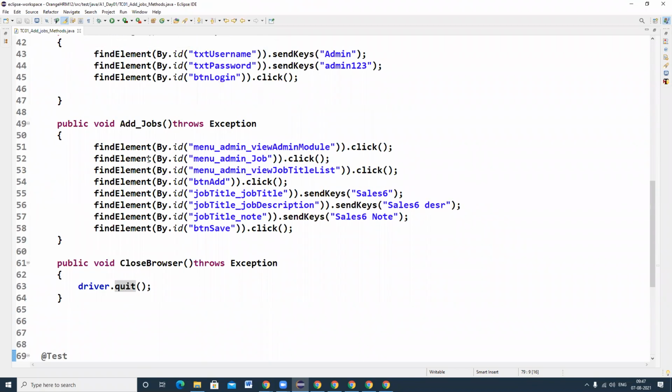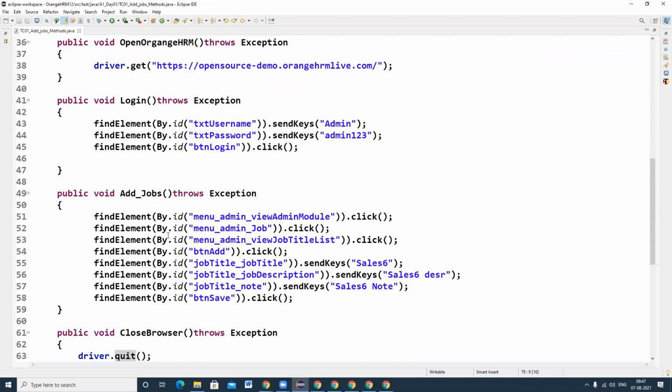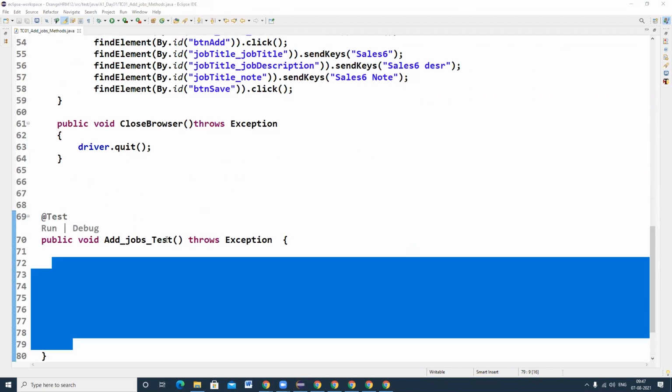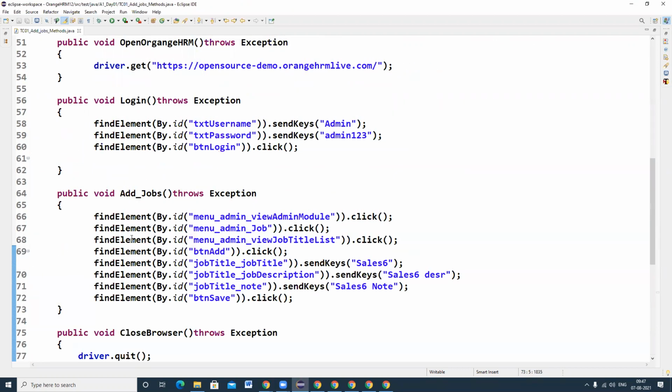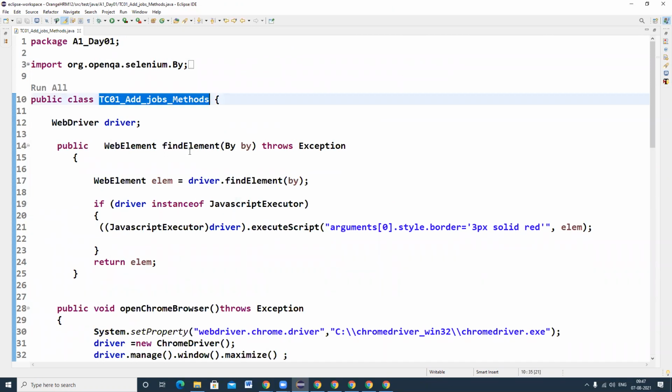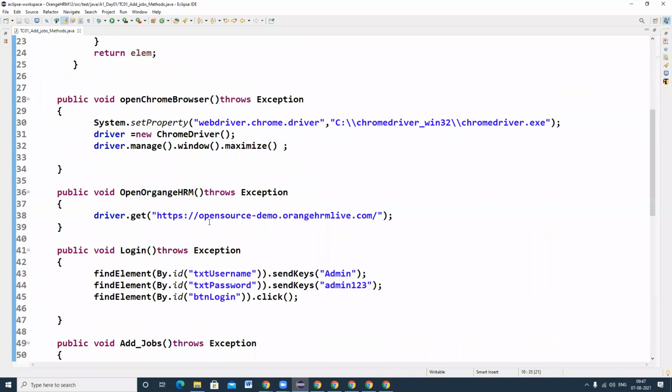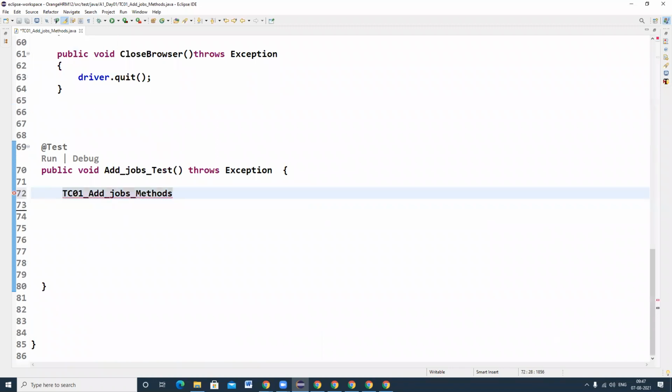So I have written a number of methods now. Now I'm going to call all these methods in my main test. How to call these methods in my main test? So for the current class, this is my current class, Control C. For the current class, I'm creating an object. So how to create object in Java? So new, so class name. So this T1 we can call it as a object. Okay, you can create object name whatever you want, T1 or T12 or anything. Okay, for the current class I created an object.